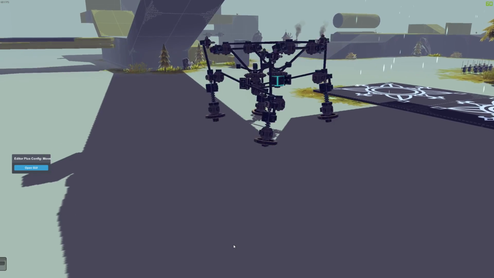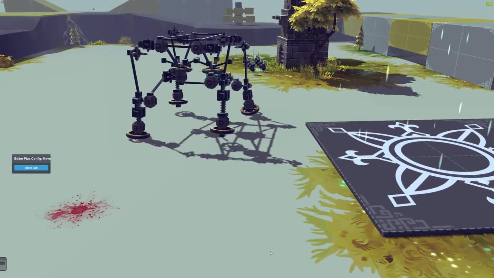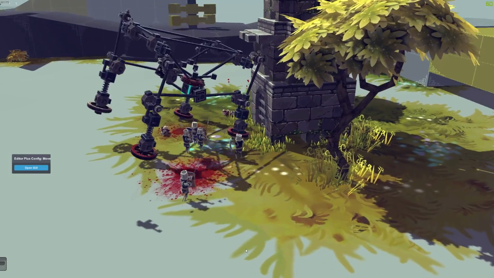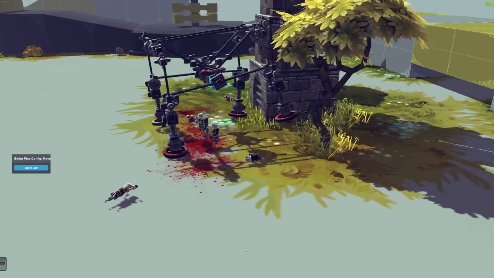I'll put one of these up eventually onto the site, onto the workshop. But yeah, this was just proving that he can make his way around the sandbox, get to the little guys and stomp all over them. So the control over his direction is very good. I did put in some controls